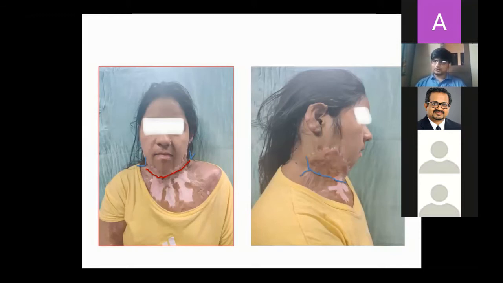You know the surface anatomy? Yes, sir. You will take it from which side? Sir, it depends on the virgin tissue. Exactly. See, sometimes you may not be able to. In certain cases, it's very difficult. You may not be able to take the supraclavicular flap.